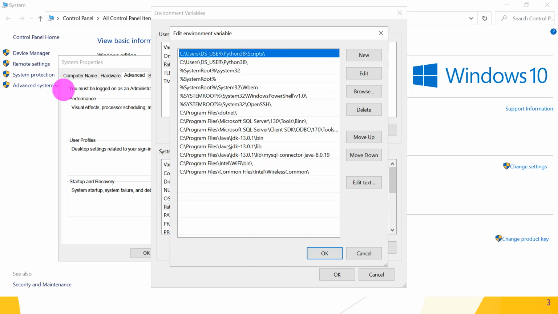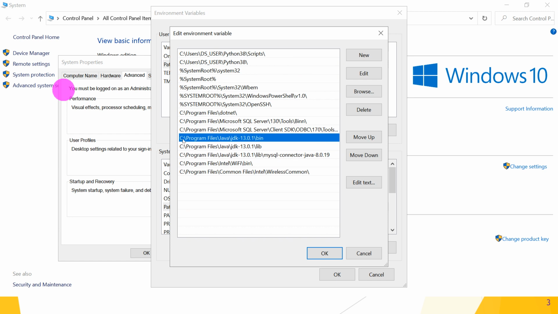In this there is the path C:\Program Files\Java\JDK 13\bin. After installing the JDK on your machine, you have to copy the path of your bin folder here in the environment variable. If you want to delete it, you can delete it simply from here.